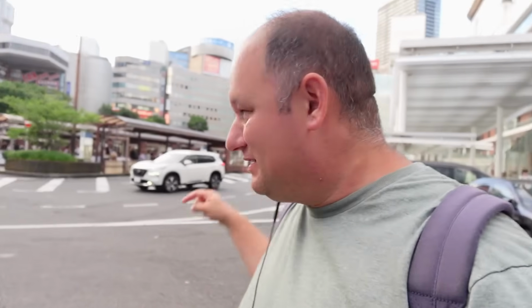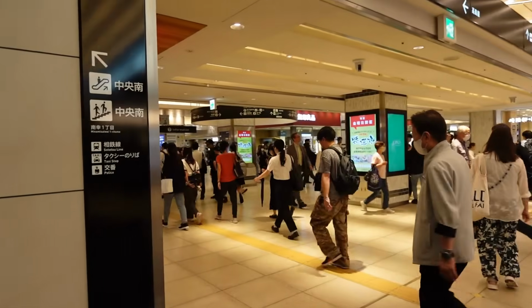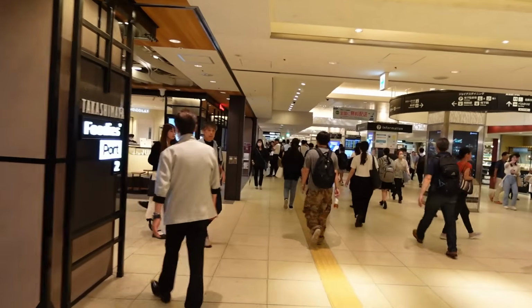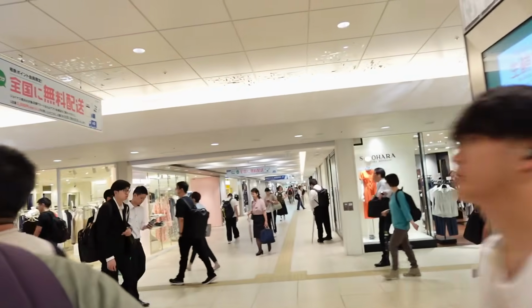Spent a lot of time in Yokohama. We're gonna go over there to Yodobashi camera store, but I'm gonna go downstairs over there and then take the tunnel over and then go up, or underground shopping area, because there's a whole city mall downstairs. To the right is KQ and JR lines. To the left is shopping, and Yodobashi's this way. It took me about 4 or 5 visits to this area just to figure out where I was going. It's like a maze down here, but if you find the Krispy Kreme, which is right here, then you're almost to Yodobashi. And here we go,